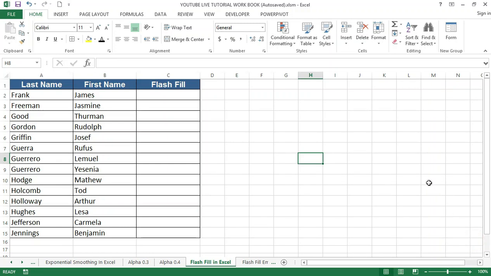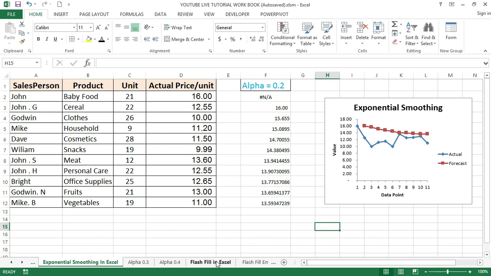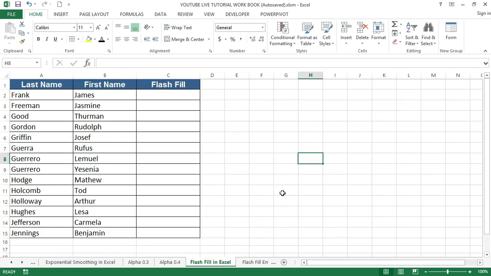In my last video tutorial, I talked about how to use exponential smoothing in Excel, which saves a lot when working with Excel. Now in today's video tutorial, I'm going to show you how to use flash fill in Excel. Flash fill in Excel is used to automatically fill the data with the help of available cells' pattern